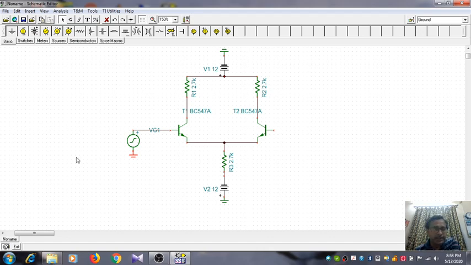Okay, and similarly for differential mode the other base should be ground. Now that's allowing it. In the book you have seen that for the AC signal plus VDD by 2 is applied at the base of T1, whereas minus VDD by 2 is applied at the other base.